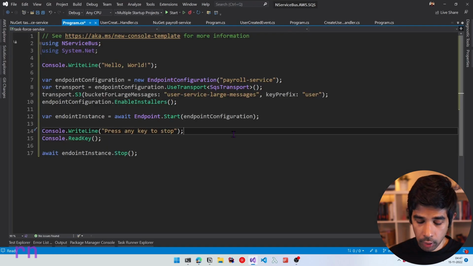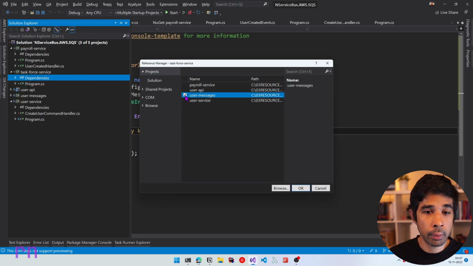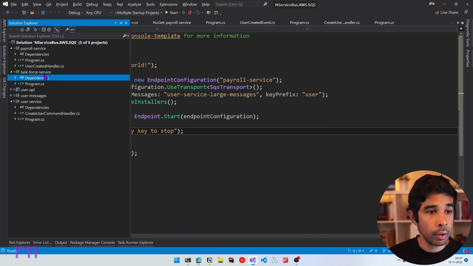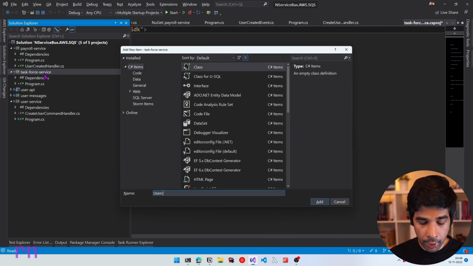well. Now in this case, let's again add a reference to the user messages. So let's add a project reference and specify user messages and click OK. Let's add a new handler. So let's again call this user created handler,